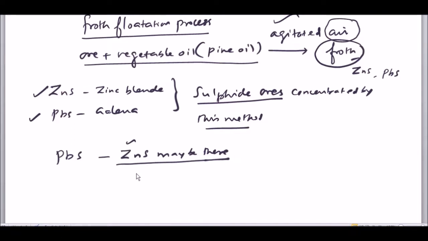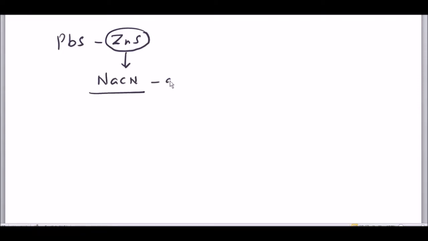While doing this froth flotation process, in order to remove the ZnS present in the galena, we can add sodium cyanide. If you find ZnS along with PbS, this ZnS can be removed by adding sodium cyanide, which